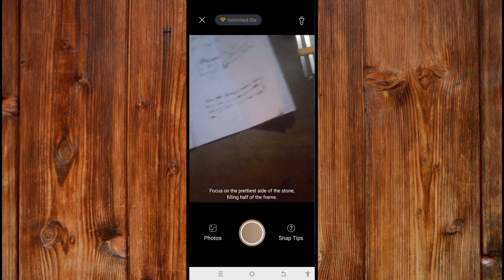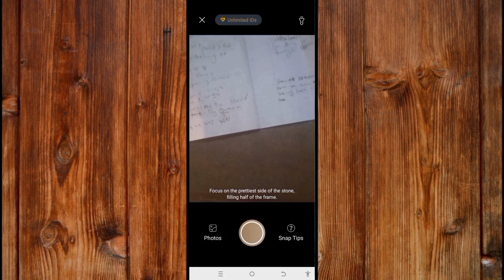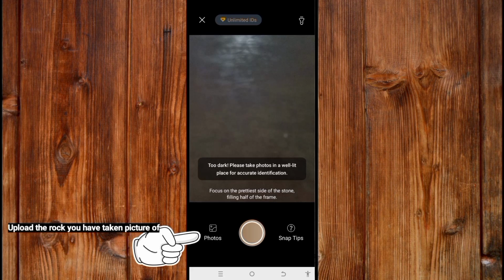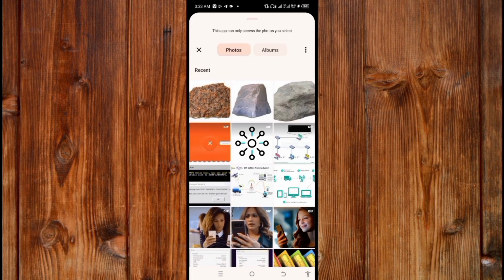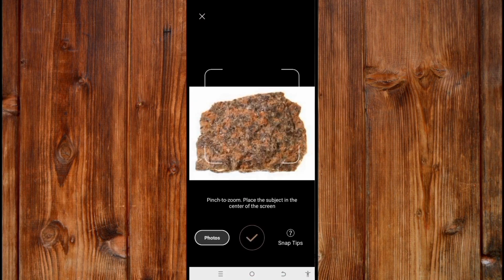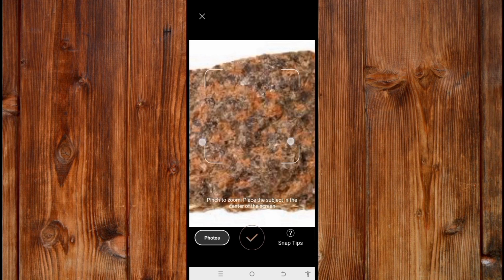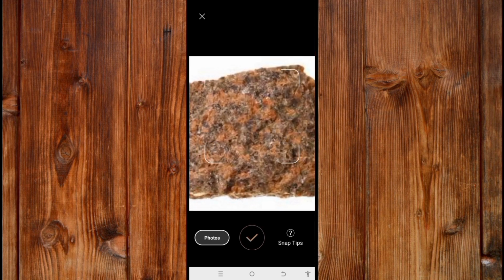Now you can either take a picture of it or just click on this photo icon here. Now upload the rock like this by clicking on it. Now you can zoom it by using your two fingers or just tap it in order to zoom. Now just click on this good icon on the downside here,